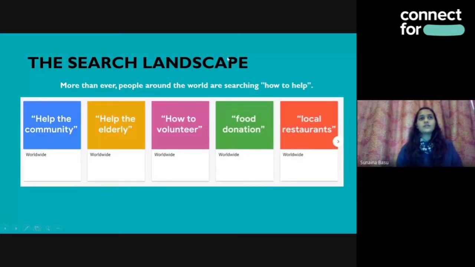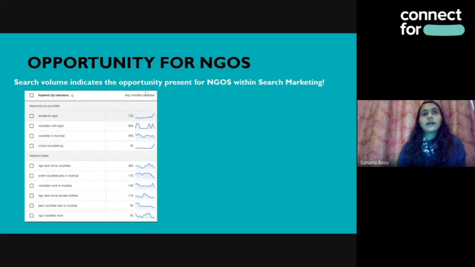I also have the tools that we've used for this. For this data, we've used a tool called Google Trends, which is free for everyone. You can use it on your laptop or your phone, anytime, to understand what people are searching for. Is there a certain keyword you have in mind that you'd like to understand? Are people searching for it? That is where you can pick up on these broader trends worldwide, or specific to a certain country, however you like.